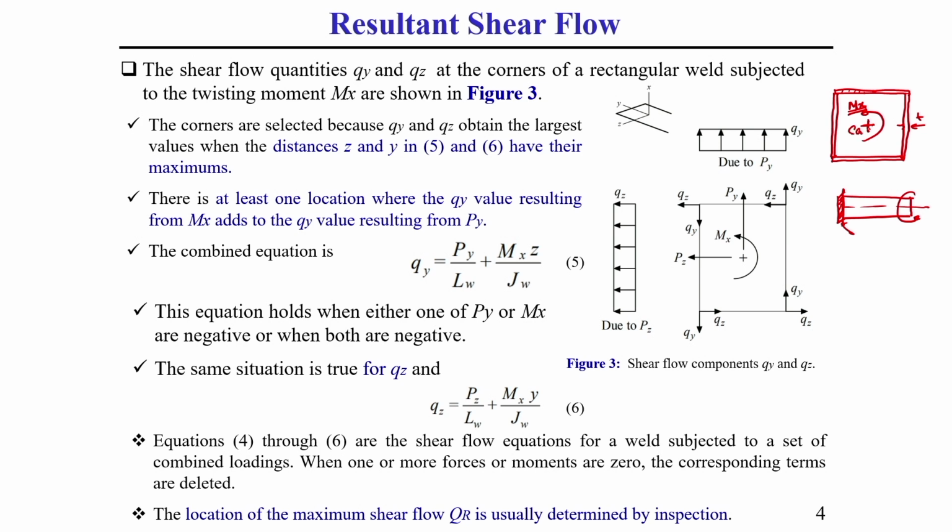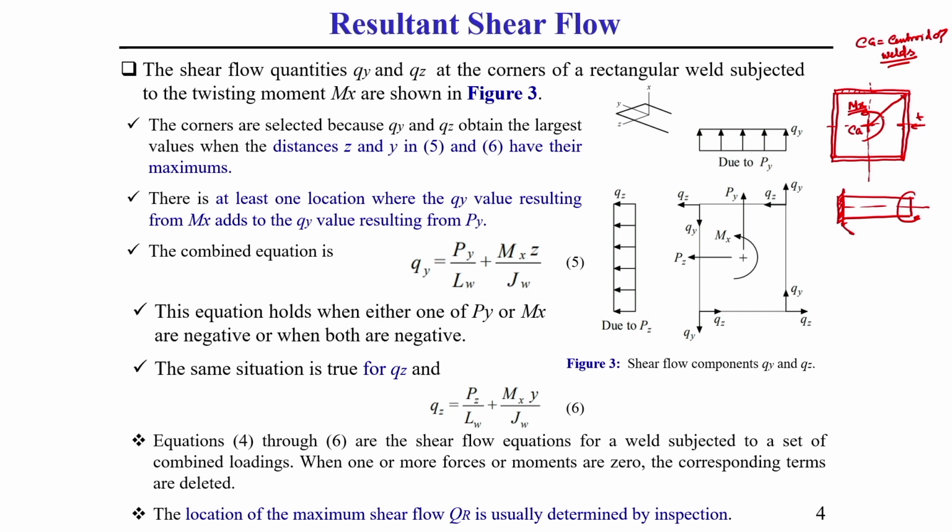This is the CG I am showing, this CG is equal to the centroid of welds. What I am telling, understand? Here if it is a rectangle, then it should pass through the mid length cross point of this rectangle. This you should keep in mind, CG. Generally due to this torsional moment, the maximum shear stress will come where? The maximum shear stress will come at the farthest distance from the centroid.